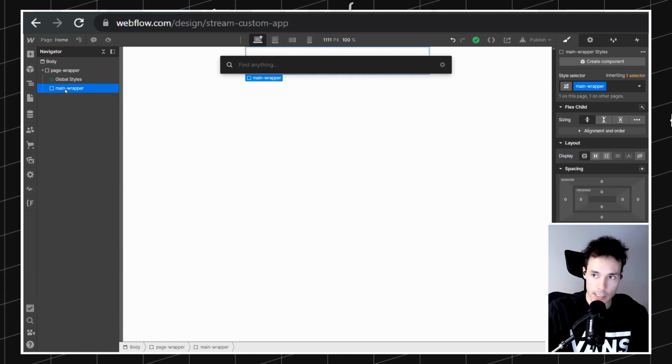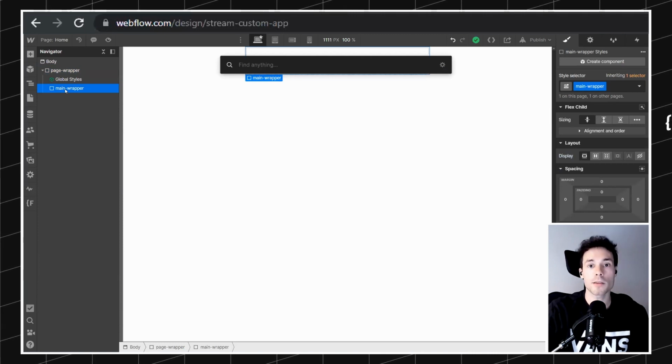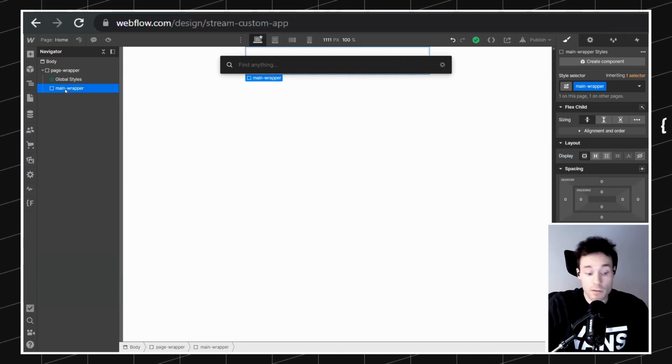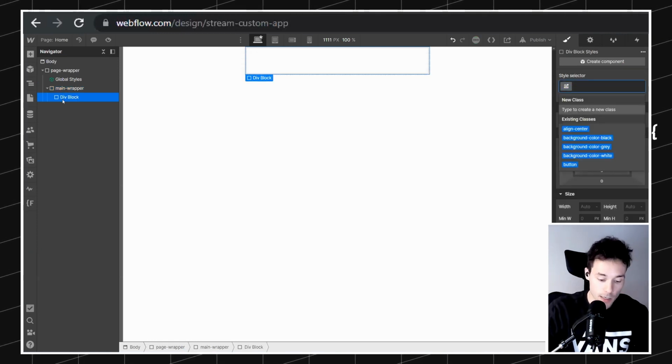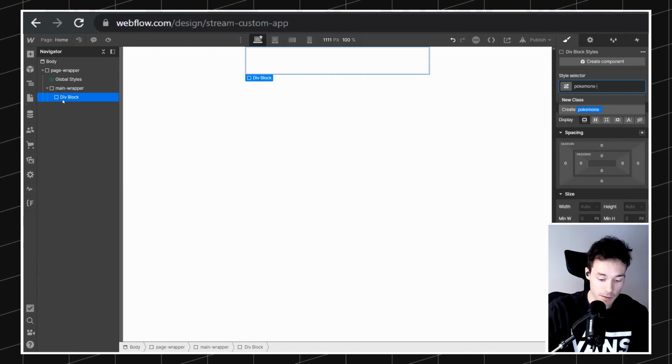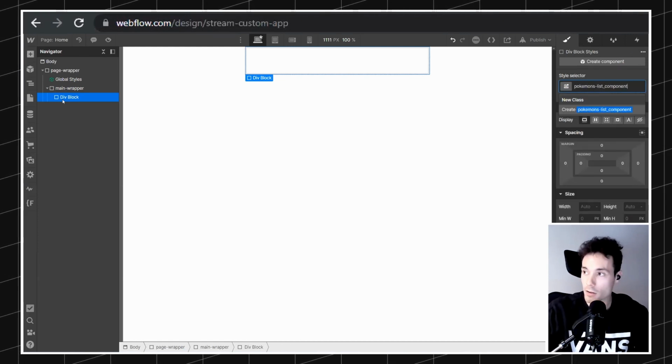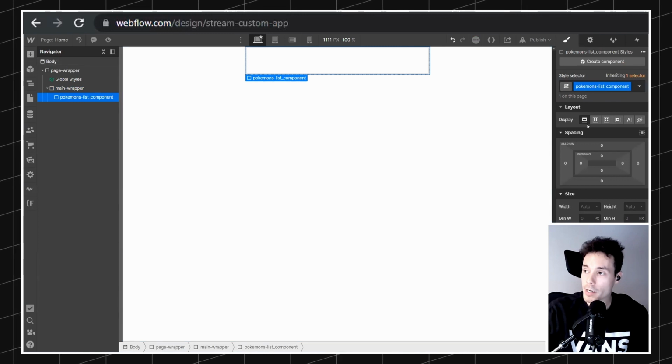Okay, and in here, let's start with a section where we list the Pokemons. You know, let's start really simple. So we can start with Pokemon's list component. Let's call it like that. And in here,